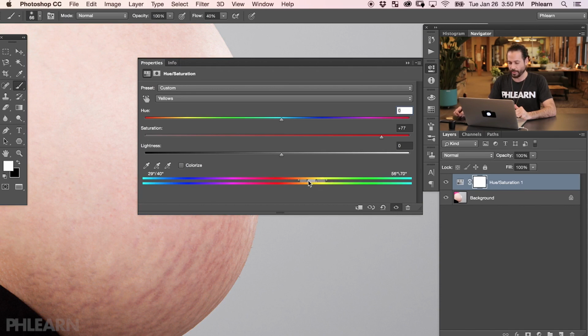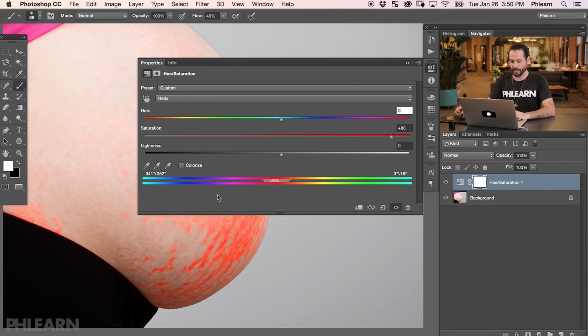So here, if I go over this way, we're gonna see it's going to start to go the other way. Now, what we're getting over here, and you can just see it, it's very visual, right? I brought my saturation up to make it very visual. Now, I'm able to very clearly see what is actually gonna get affected. So it's not affecting really anything. But if I bring this over to the right, we can see, right about there, that pretty much takes care of all of those stretch marks.